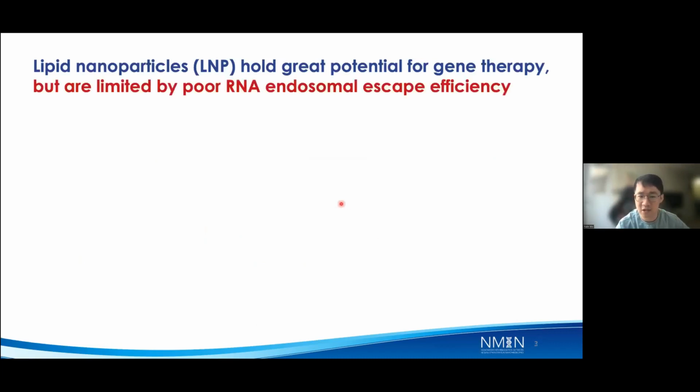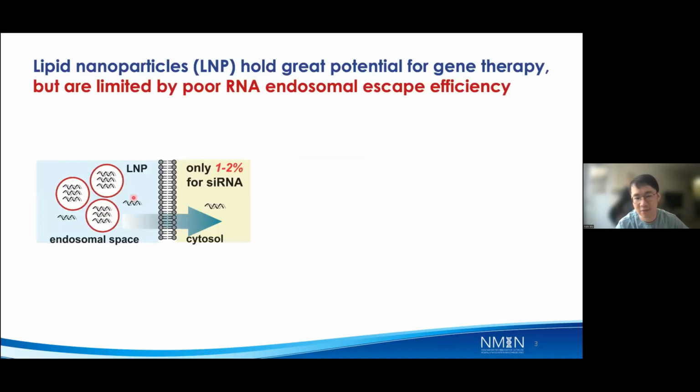However, there is a fundamental challenge of the LNP system despite its clinical success. That is, the majority of the RNA actually is being trapped in the endosome. So the poor RNA endosomal escape efficiency has hugely damaged the efficacy of the LNP. As you can see, for example, after LNP endocytosis, actually only 1 to 2% of the siRNA can be released